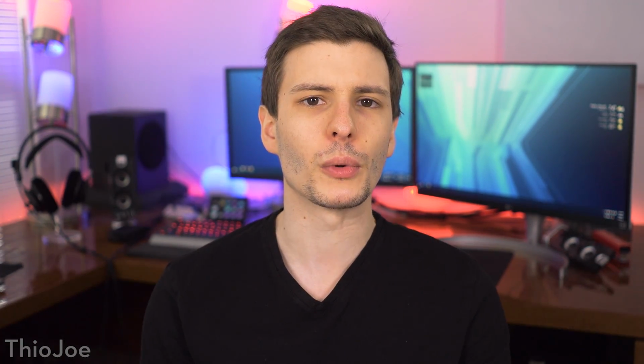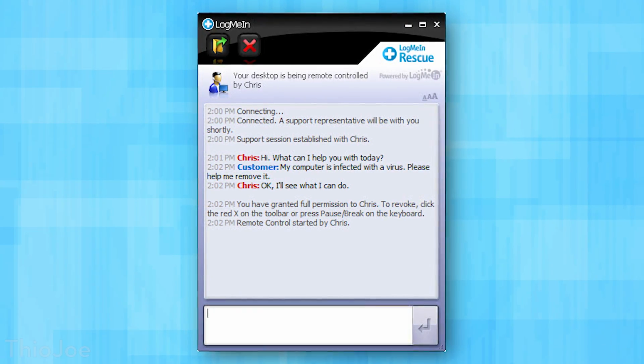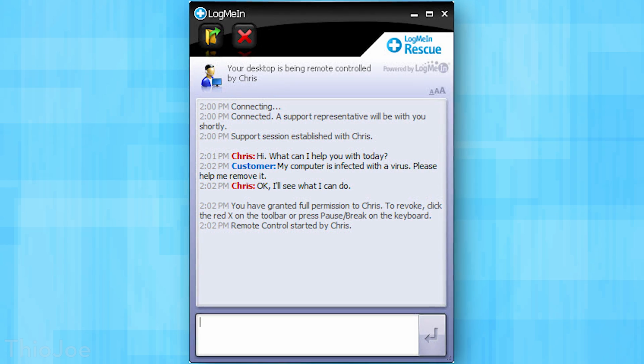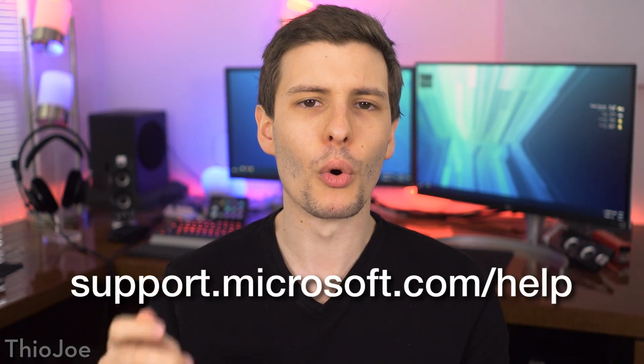Basically, they call you up, they give you the whole spiel, like I said before, oh, your computer's on fire, we'll fix it for you. And then they eventually get you to download some software, LogMeIn Rescue, which in itself is not a malicious program. It's legitimate in that tech support people can use it to remote into your computer and fix things. But what happens is these scammers will tell you to go to a website. And the website is actually a real Microsoft website,